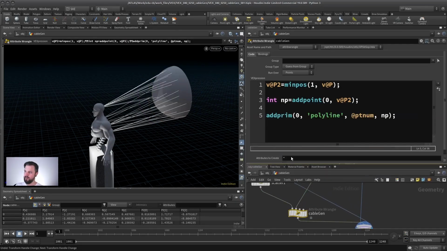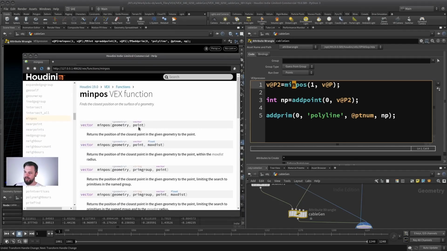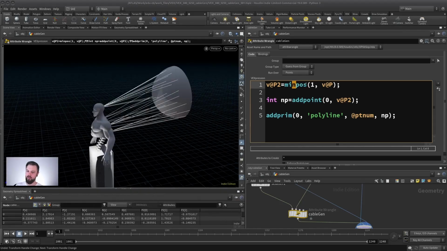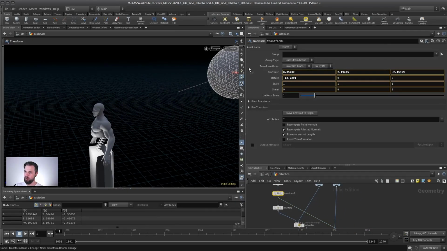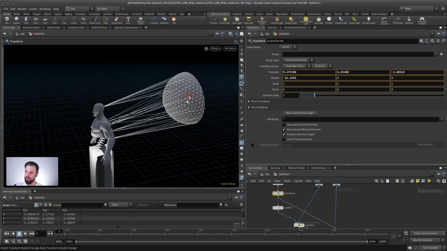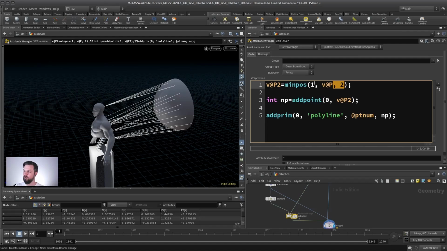The first one is to use a built-in function that the minpos already has. When we look at the help again by pressing F1, you can see there's actually already a built-in max dist. And this is quite cool, so that we can, for example, say only find the closest position in a distance of 2 meters. And this will result in a more dynamic connection, so it will disconnect if the distance is too high. But if we wouldn't know that, or we wouldn't care or whatever, then we could do something else,